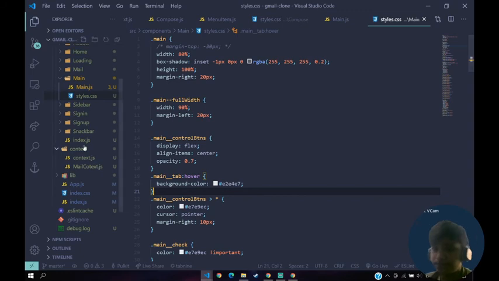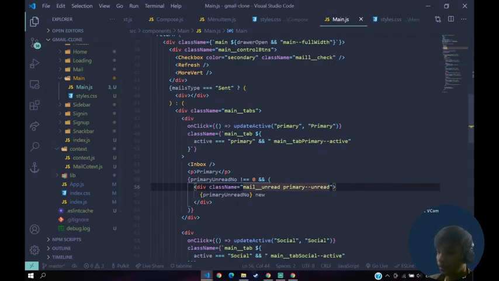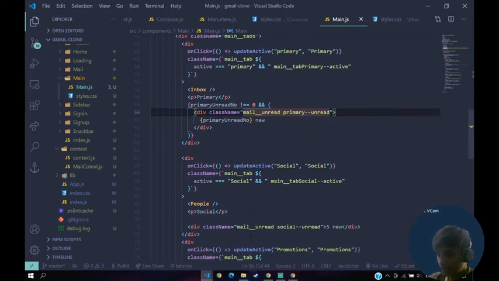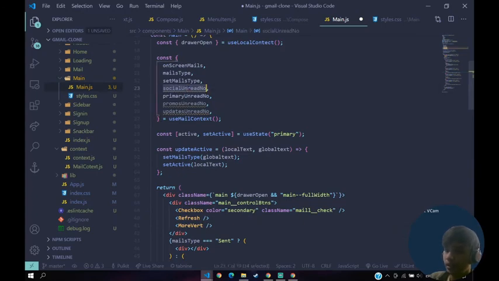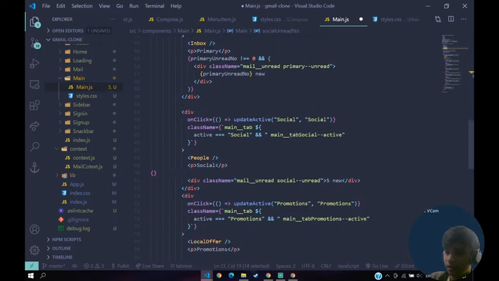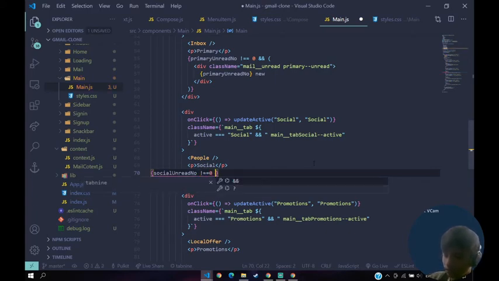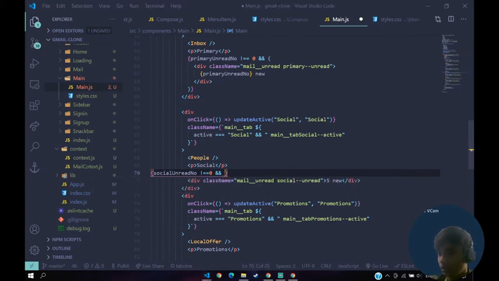So now next thing we can do is, let's do the same thing with these. So here I'm going to say social 100 mail, social 100 mail, social 100 mail, and div social 100 mail, and if it is not equal to 0, then only you have to display me this.